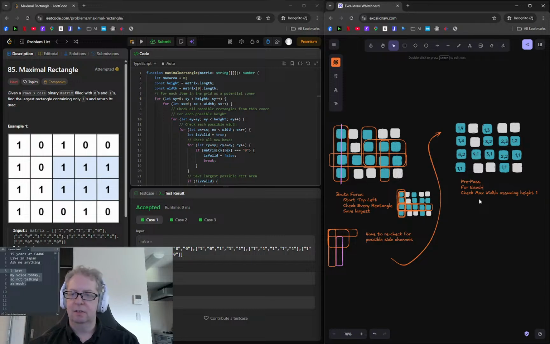for each square, assuming width 1. And then check each possible corner. Only. Yeah, but